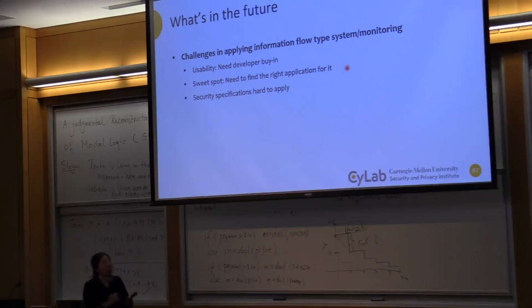So basically, yeah, I agree with Andrew. Maybe we end up scoping down a little bit, figure out what's the sweet spot, an application domain that's actually easy to do. People have buy-in, actually make it work, right? And also specification-wise, for me, knowledge-based inference is great. The robust declassification is great, but you have to convey to the programmer why this specification actually works, why does it apply to their work. So that's a harder conversation to actually have. So that's where we are in the future.